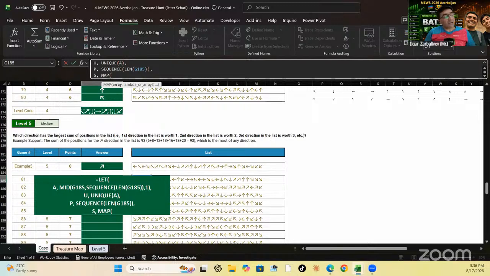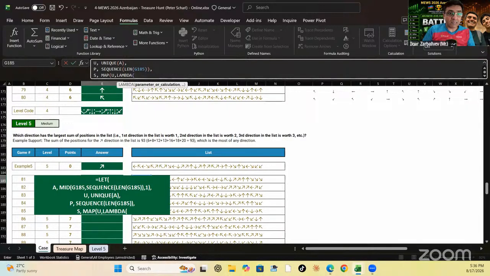In my first video, I talked about the MAP function and mentioned that it goes through every step, every row, right? So here, my MAP is starting with my unique list of values, so U, and then I'm going to write my LAMBDA,